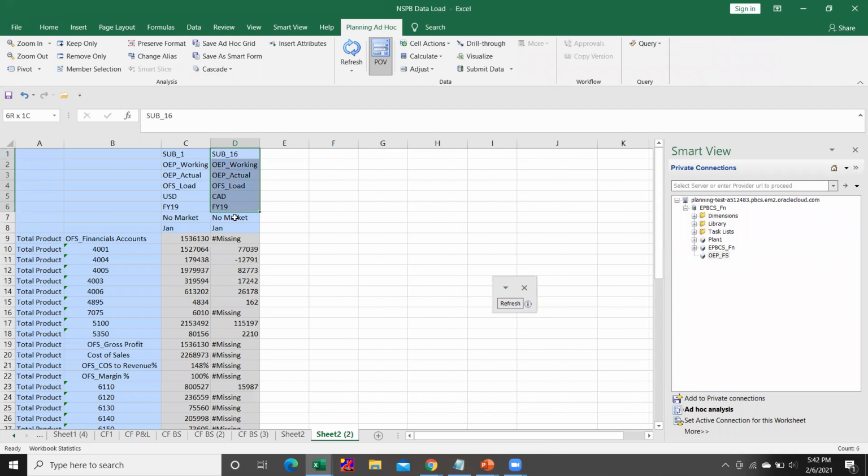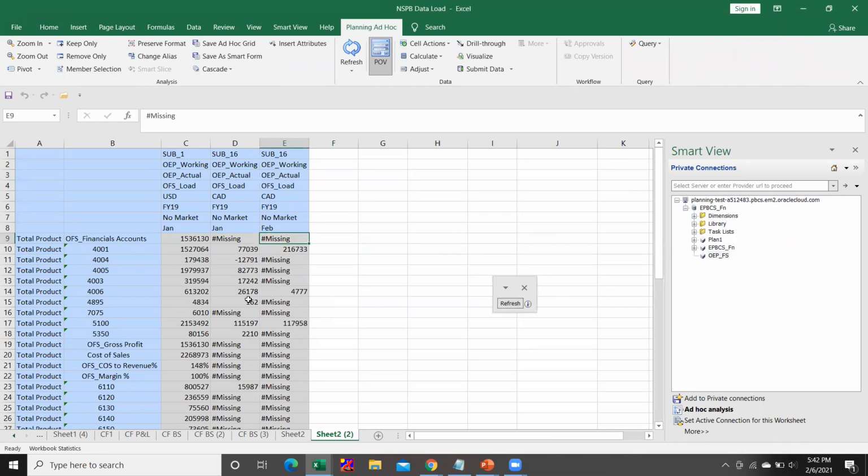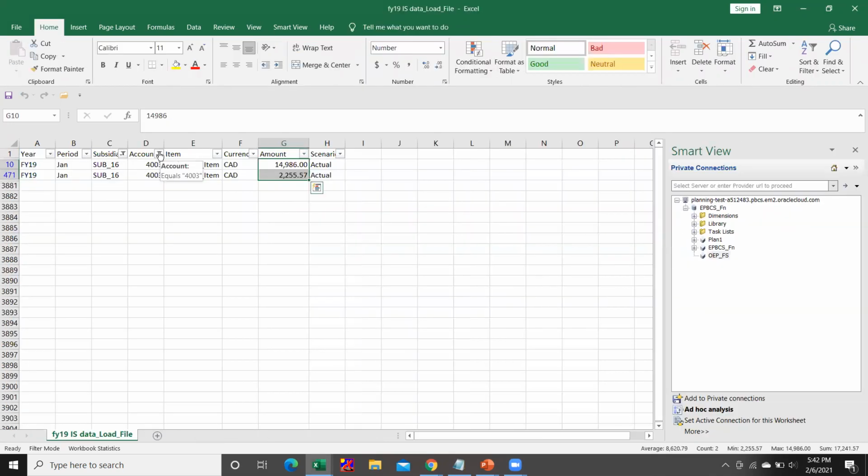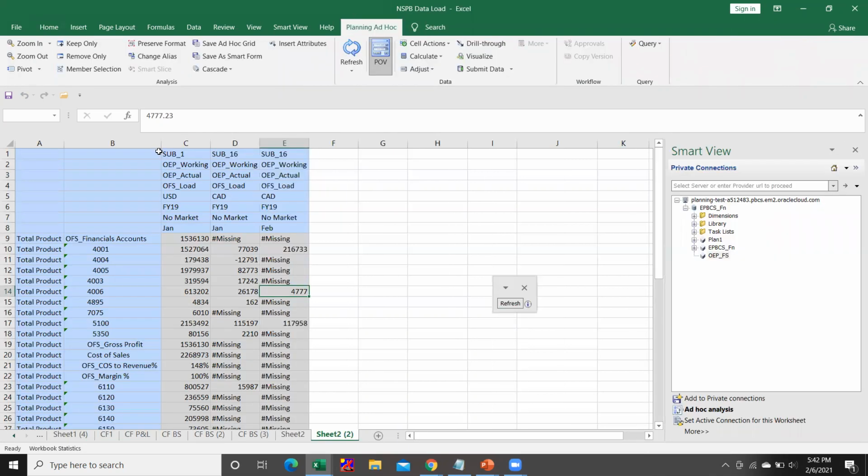Now let's check the same entity for the month of Feb as well. Now I'm changing the month. So for Feb we are getting 4777 against account 4006. So we are checking against it.